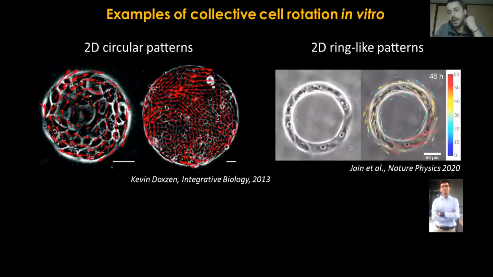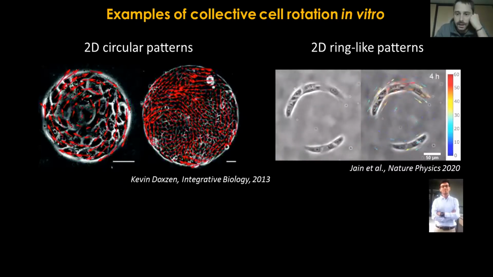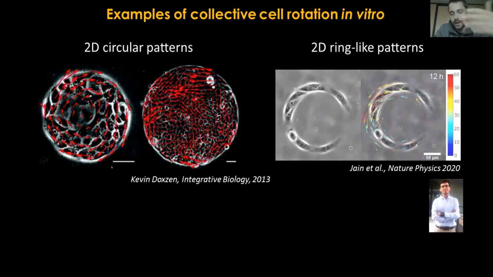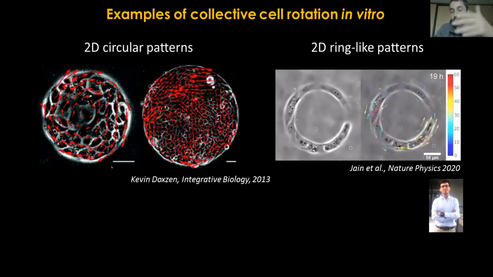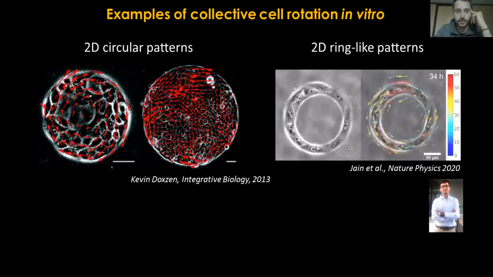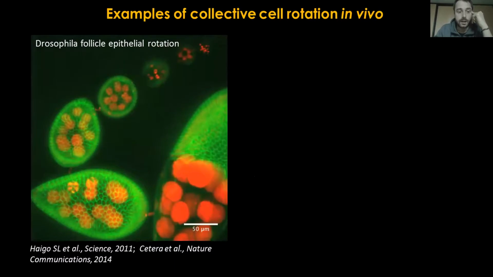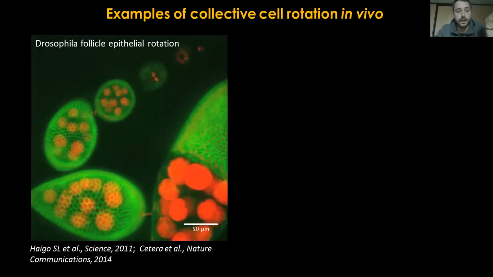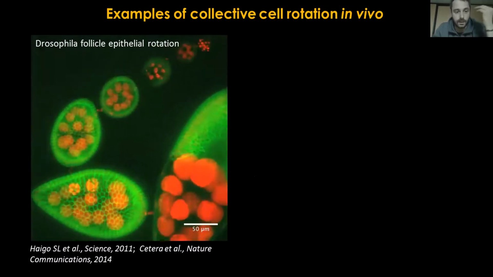And in these kinds of movies, we can do some tracking of the cells and measure different aspects like the speed or the forces that the cells might apply on the substrate by using MATLAB or other tools that are available. But of course, the interest of studying collective cell rotation also occurs because it happens in